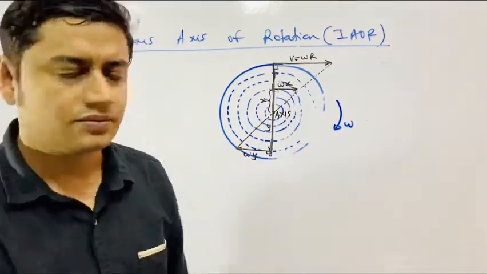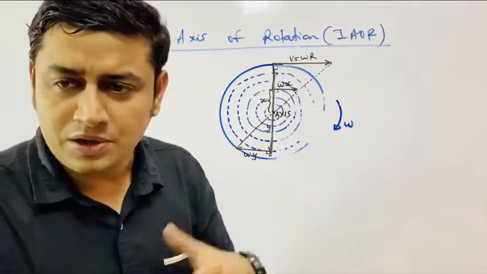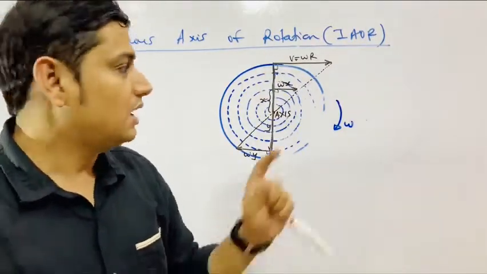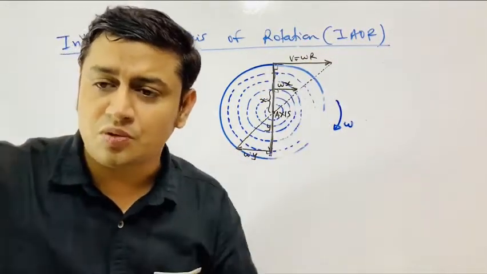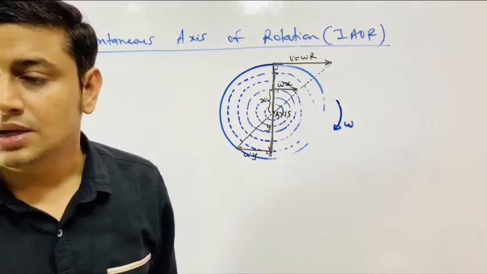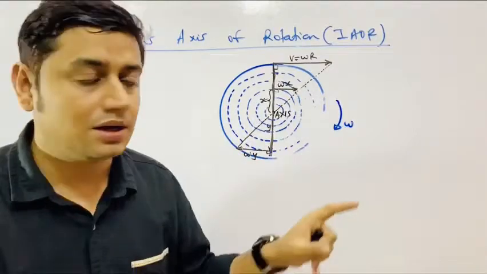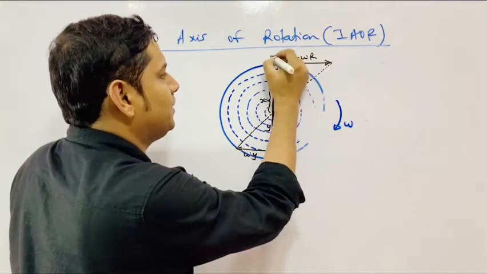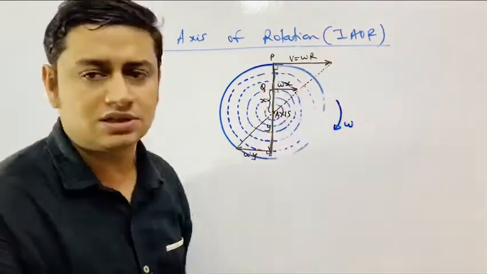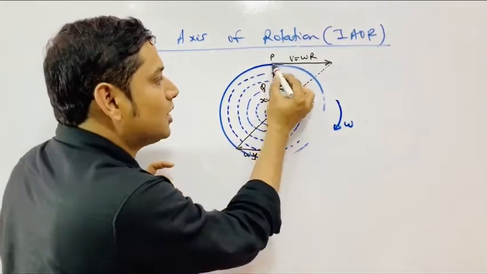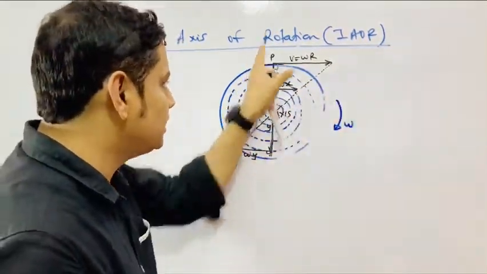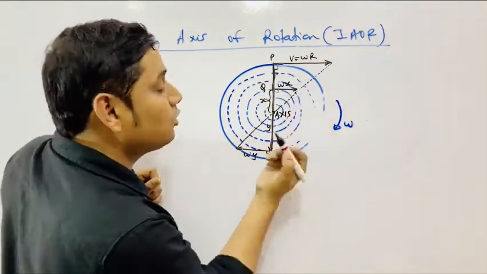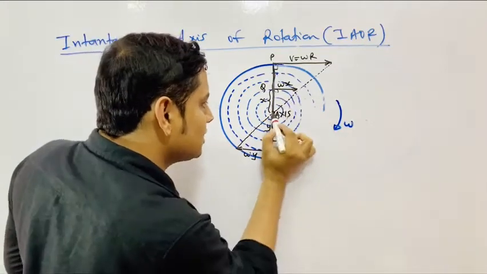I can reverse it. If in a rigid body I know the velocity of any two points which are mutually parallel or anti-parallel, I know the velocity of this and this. Suppose the reverse is true. I have been given the velocity of this point P and this point Q, and I have to find the axis. How to get it? Join their heads and join their tails, and they would meet at the axis. If I have been given this velocity omega x and omega y, join their heads, join their tails, they intersect here.